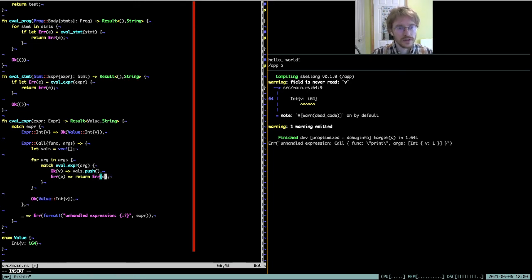Otherwise, we do an early return. So we're evaluating all of our arguments there first before the function call gets called, and it's going to do it from a traditional left to right. And next we need to do